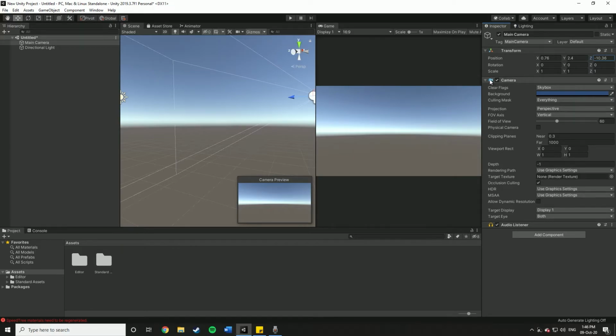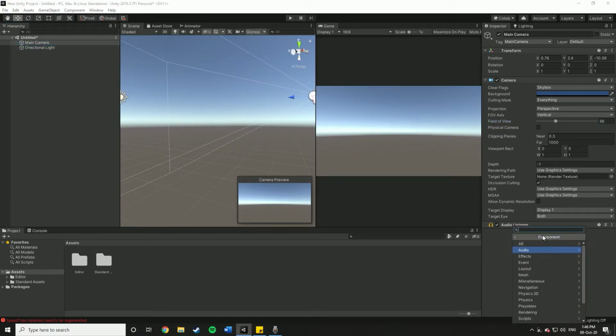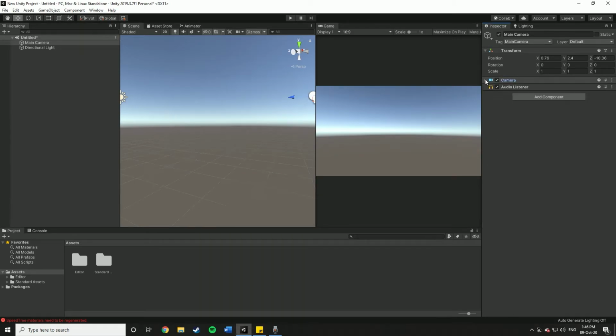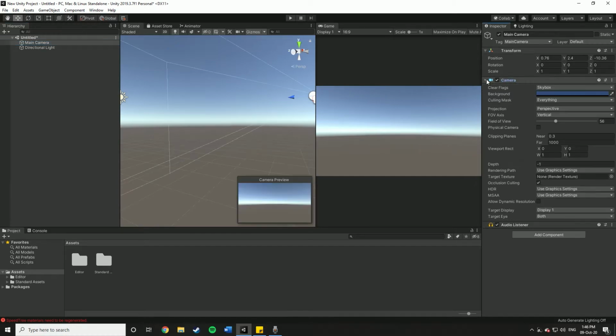So we also have a camera component here. Now this is basically where you can change your field of view and stuff like that. That's what makes this object a camera. So I could add this camera component using add component down here. I could add this camera component to any object, and it would turn that object into a camera. And obviously you also need an audio listener on a camera, because